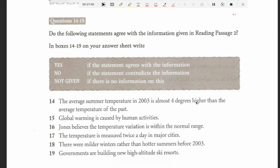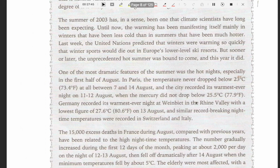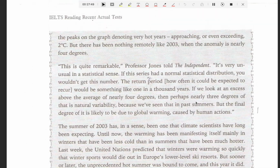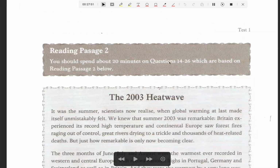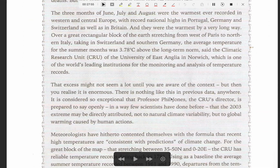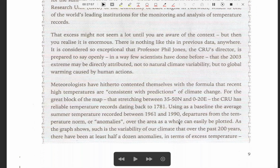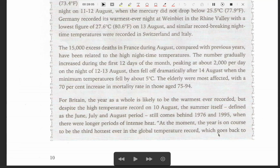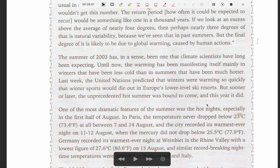So again, we're looking at keywords, paraphrasing in our head, and then we're simply going to go up and try to find where this is. I know it's somewhere here since I've done this passage before, but if you haven't, you would skim through and try to find the keywords and the location. There's something mentioned about excess temperature here, and you would want to stop here, or if you missed that, at least you go on the next page, you see